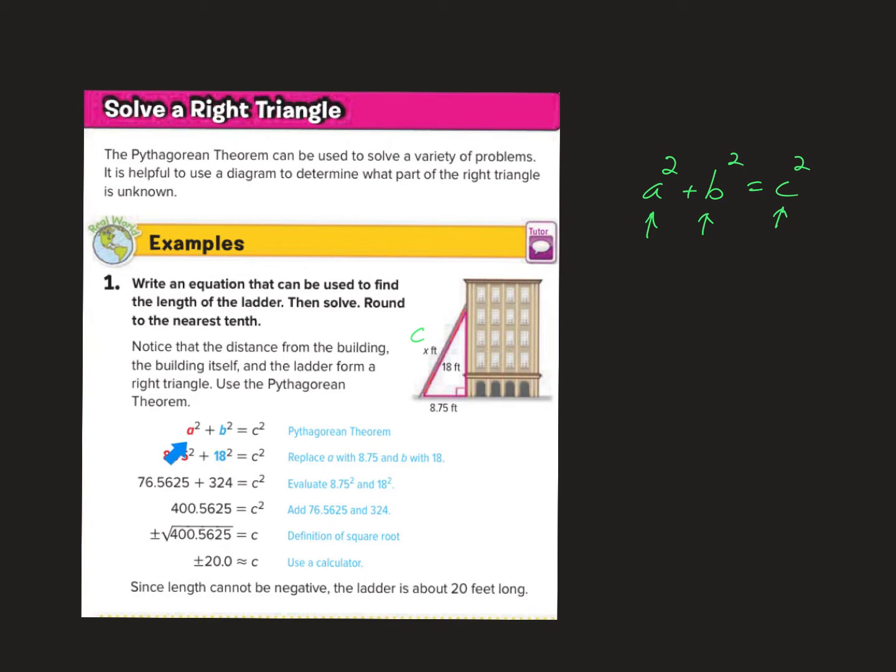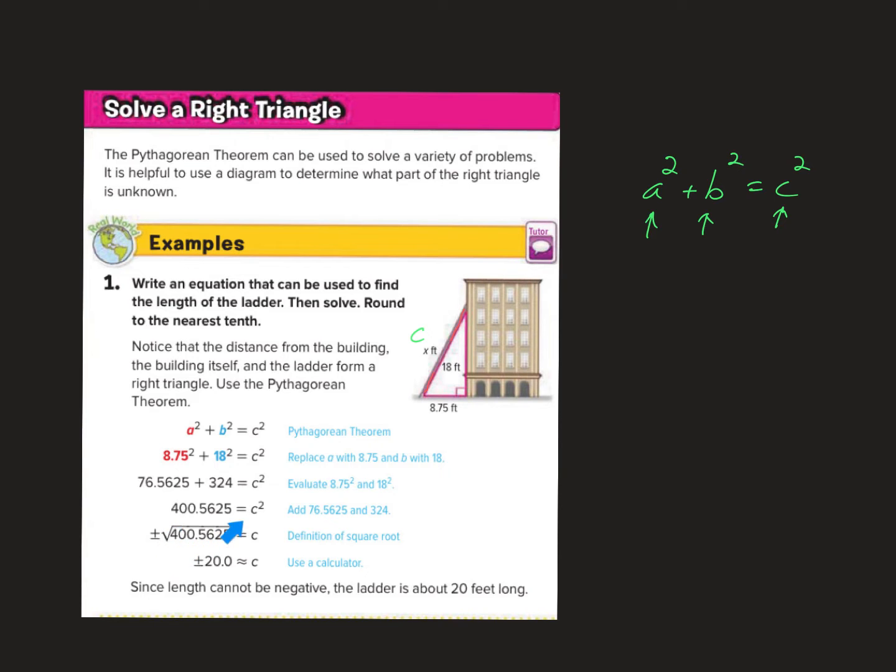So what we do is we write our base equation, a squared plus b squared equals c squared. We plug in what we know. We know one leg is 8.75, so we square that. We know the other is 18, so we square that. We work through the math here: 8.75 squared is 76.5625, and 18 squared is 324. When we add those together, we get